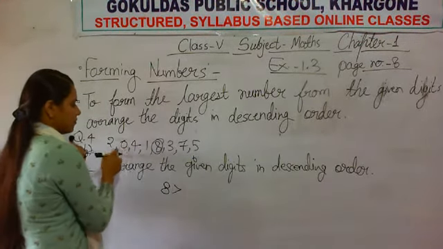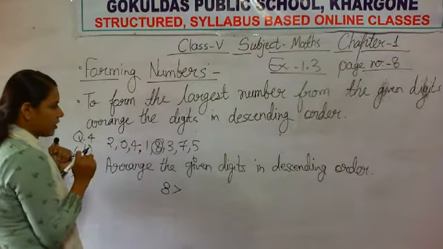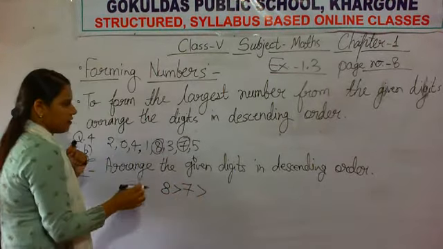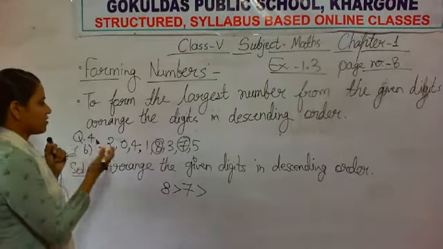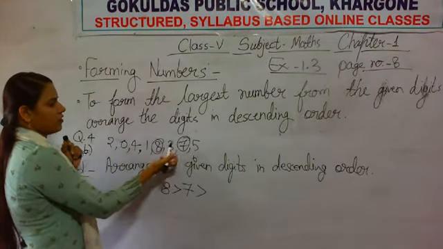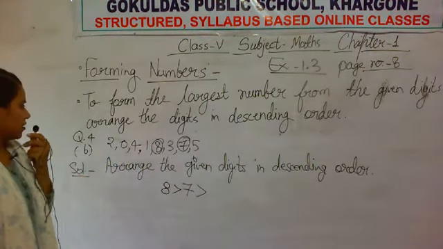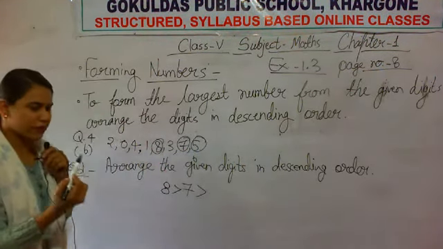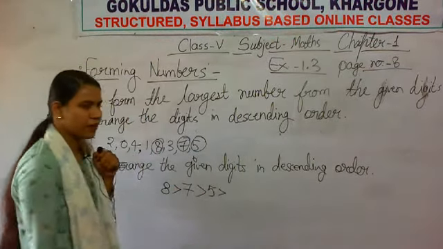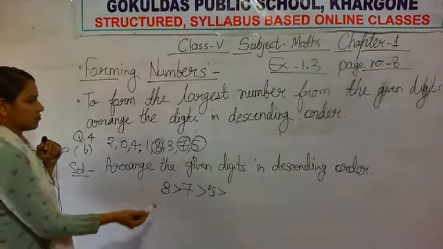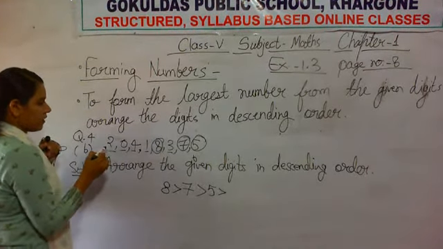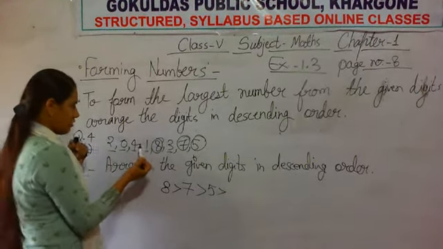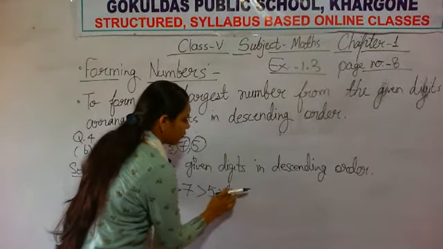Now which is the largest among the remaining ones? You see that 7 is the largest. Then which one is largest among 2, 0, 4, 1, 3 and 5? Which one is largest? When you see that, you say, ma'am, 5 is the largest. So you will write 5 here. Okay. Then identify among these 1, 2, 3, 4 digits which one is largest. 4 is the largest, right? So write 4 here.